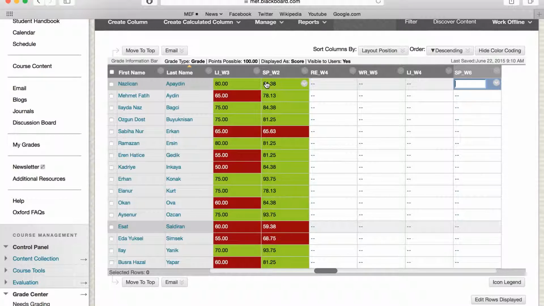So I have to grade my students on their speaking week 2, and now on speaking week 6 I have to enter a grade. So let's say I have the student Nazlijan, I want to enter a grade. I do not type in the number straight away. I have to use a rubric, and I'll find the rubric like this. I go into view grade details,